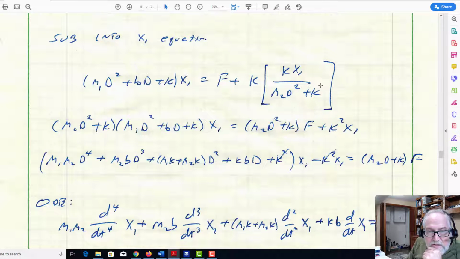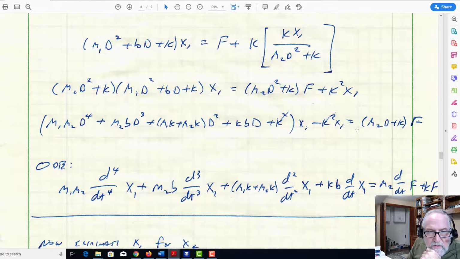It's now a case of getting rid of the denominator. We don't like that. It doesn't help us turning it back into a differential equation. So we multiply through the equation like that. So this polynomial will be multiplied by this D squared. This F will be multiplied by this polynomial. And then I'll just have k squared x1. And that's what we see here. Two polynomials multiplied together times x1. This polynomial times F. There's the k squared. Group the terms. You'll find a k squared that comes out of this multiplication. That will be canceled by the k squared on the right hand side,